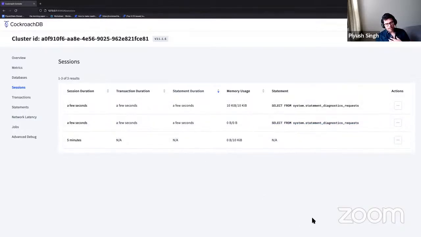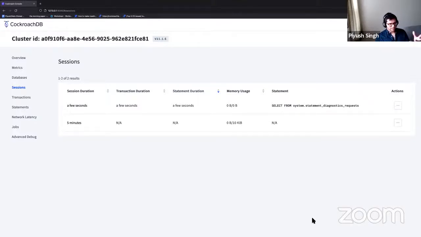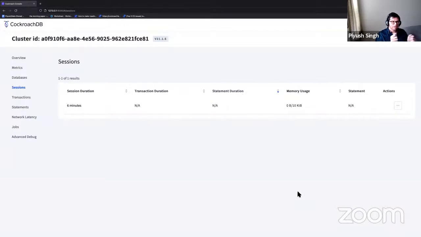If I have, let's say we rolled out a change of our application, and someone perhaps didn't optimize a query, right? They didn't add an index somewhere, and it resulted in a full table scan. What this sessions page actually lets you do is see long-running sessions, so connections that are held open, queries that take forever to execute, and you can actually just go in and kill them. So I could, for example, go in here and terminate the session. So if part of my application that's issuing this query is really slow and it's hogging resources in the system, I can just come in here and kill that session, and it'll kind of resolve the